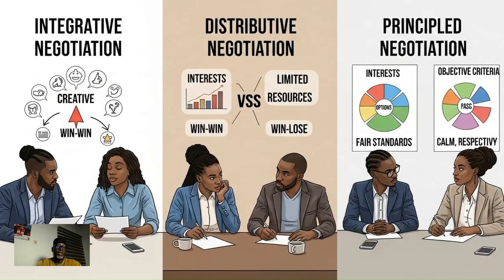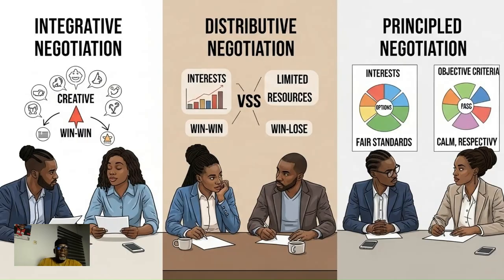Two, active listening. Listen carefully to the other party's concerns and perspective. Show empathy and validate their feelings to build trust and rapport. Three, clear communication. Articulate your needs and your interests clearly. Avoid ambiguous language and ensure that your points are understood. And number four, questioning and clarifying. Ask open-ended questions to gain deeper insights, and clarify any misunderstandings. This will help in identifying the underlying interest of the other party.